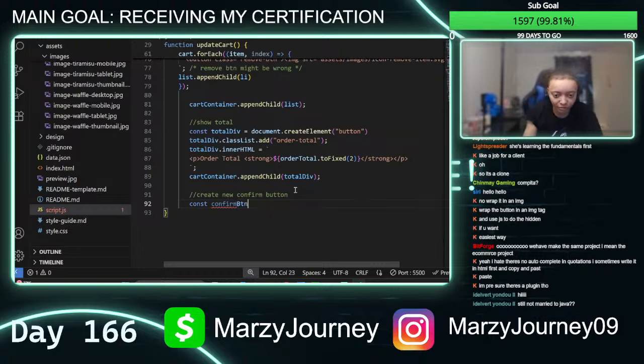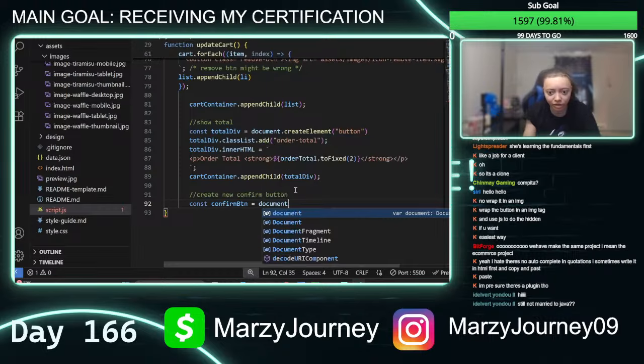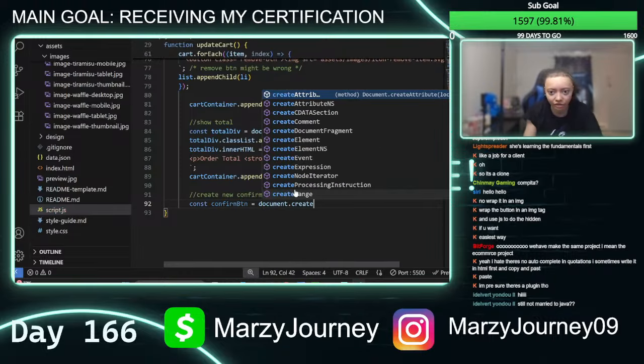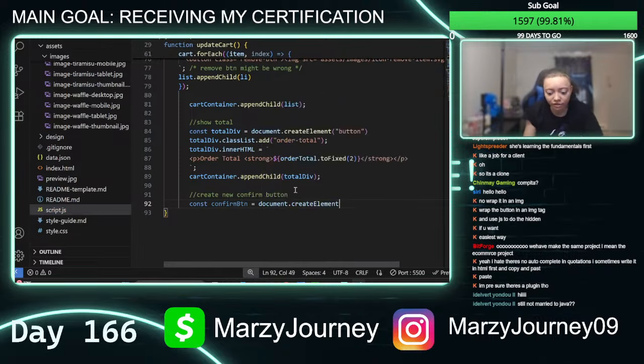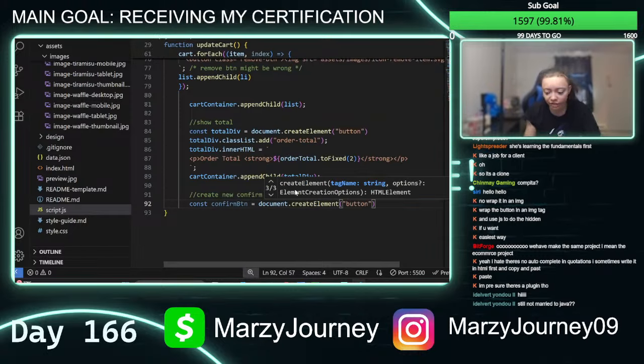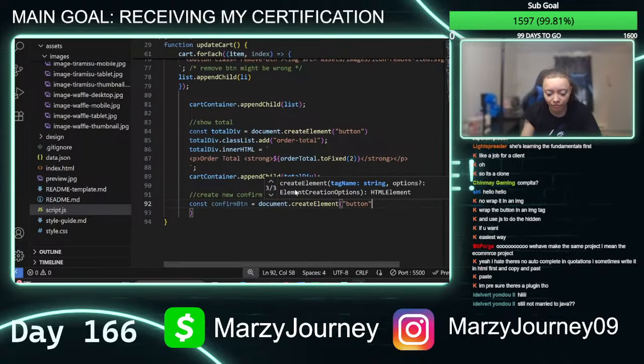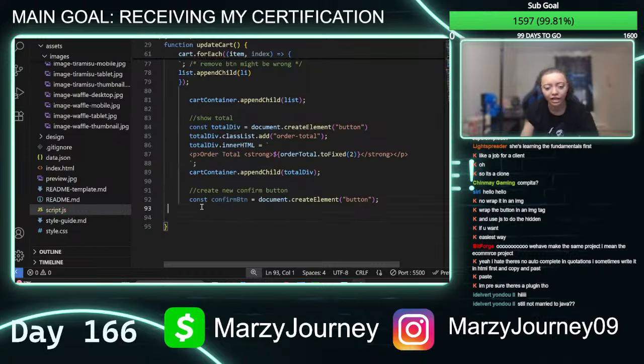So we need to go confirm button, which I'm assuming would be document.createElement. We have to go inside for the button, and then I'm pretty sure we want to give it a class. We would have to go for classList. Did I end that correctly? No, I didn't. I accidentally opened that up.